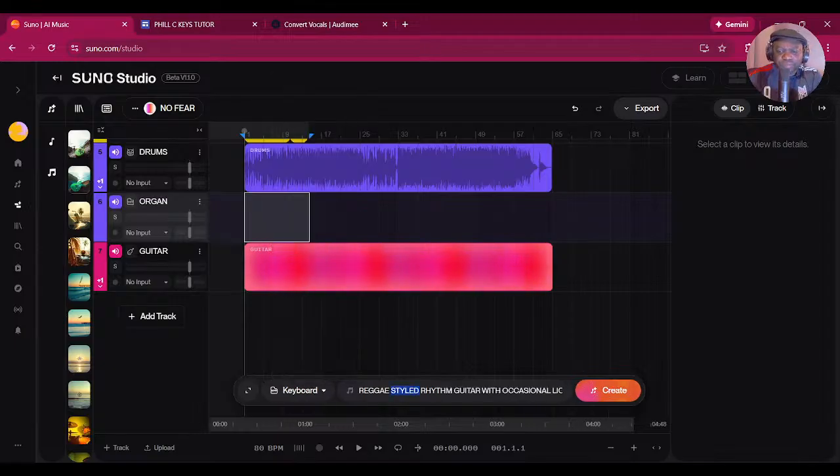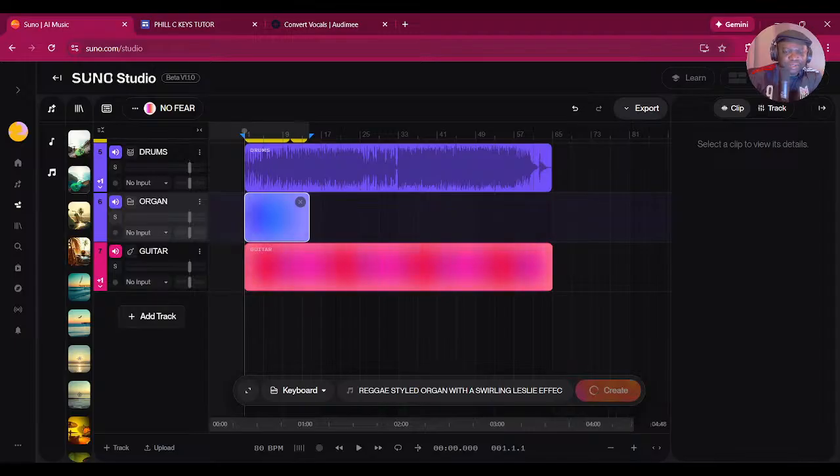All right, so I'll just say organ with a swirling Leslie effect just at the beginning. That shouldn't cause too much trouble, and I can always pan it off to the left.